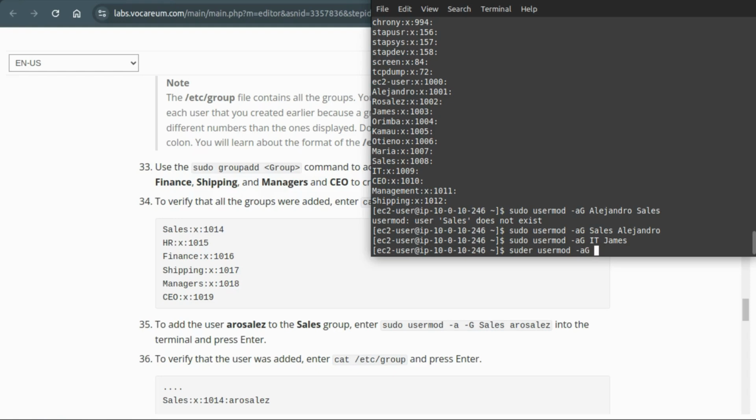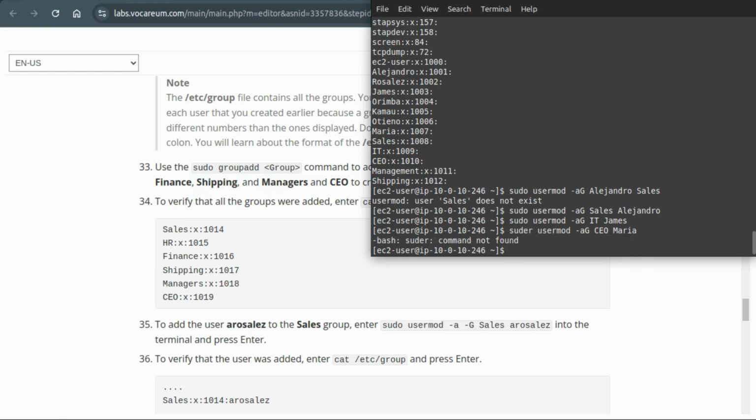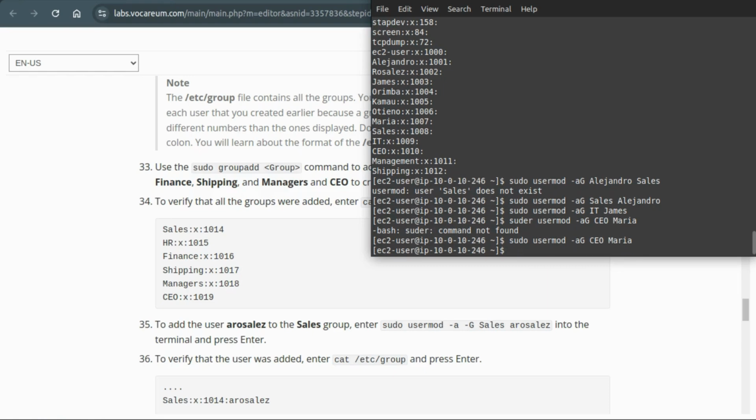We can take to CEO, and we want to take user Maria as the CEO. Okay, usermod, something is typed wrong, sudo. So you must make sure that you have the right thing. Just type the right thing. Okay, sudo usermod